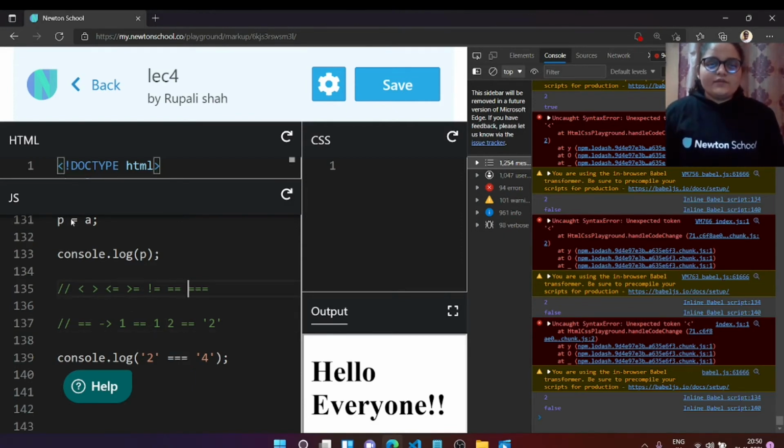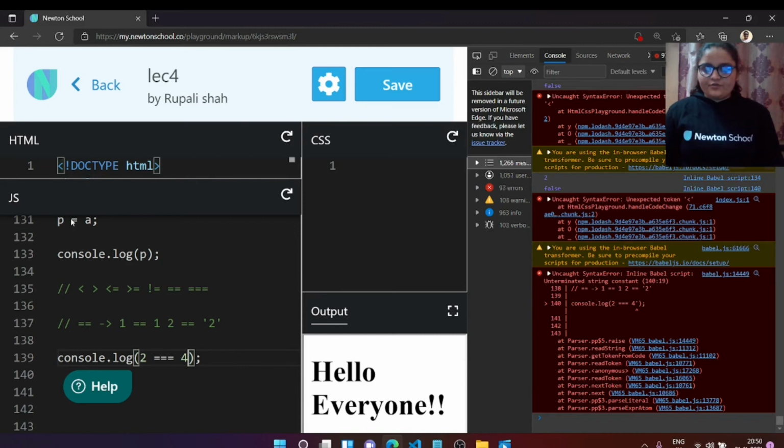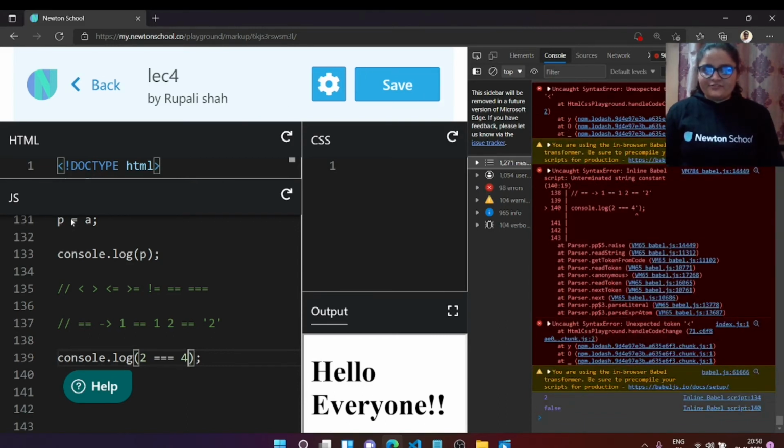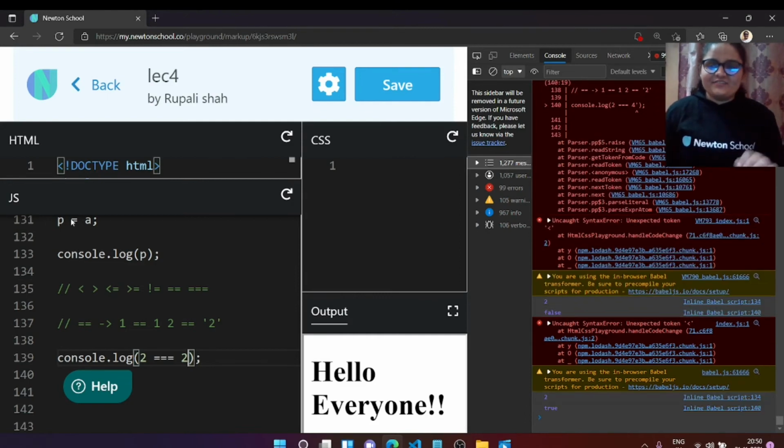Now there is one particular thing about assignment operators, and the main point is that whenever you use assignment operators, you are gonna get a boolean, because these operators perform an operation and return whether your operation is true or false. Suppose I say, let's just convert them into numbers right now. So yeah, you will be getting a true.